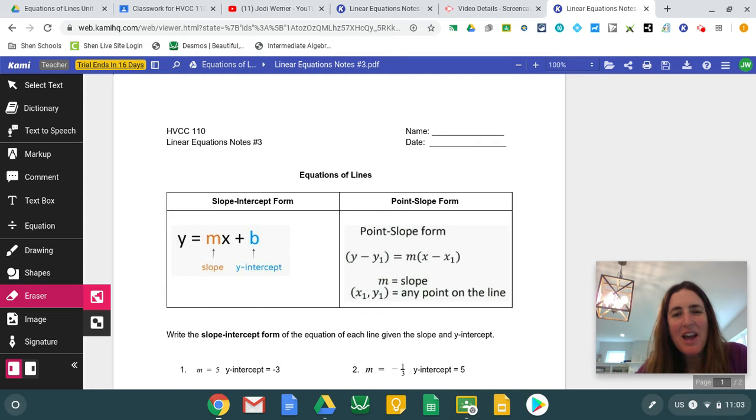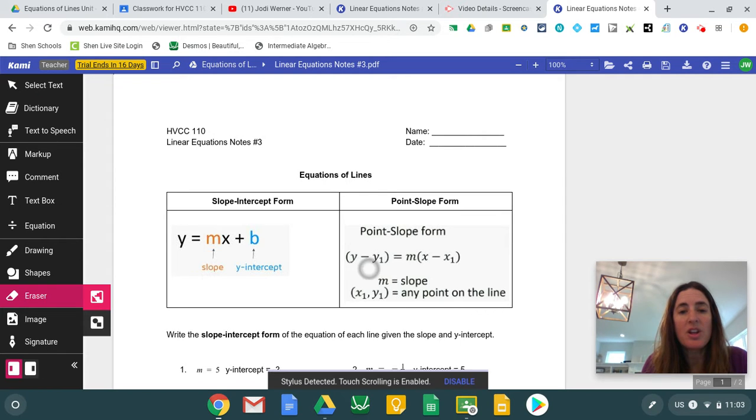So here's what we've got. We've got a little slope intercept form, a little y equals mx plus b, and a little point slope form. Now, I know you know slope intercept quite well. Point slope you should have learned last year in geometry, and we did do it at the beginning of the year. It basically takes the slope formula, which is your change in y's over your